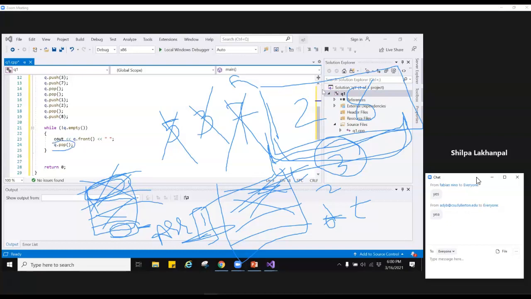Only then you can go to 2. When you want to go to 8, you have to pop 2. Only then you can go to 8. So at the end of all of that, you end up with an empty queue. The same way with the stack. The only way you can go to the next element is to empty that position, and only then can you go over to the next element.